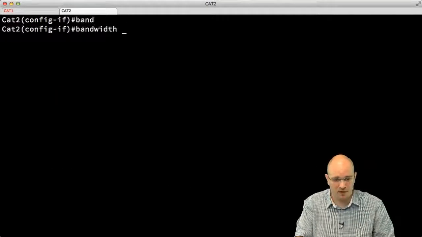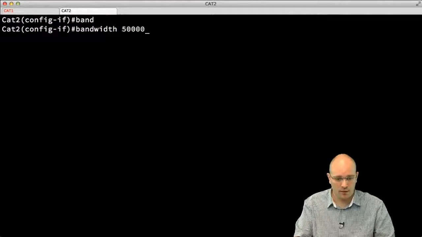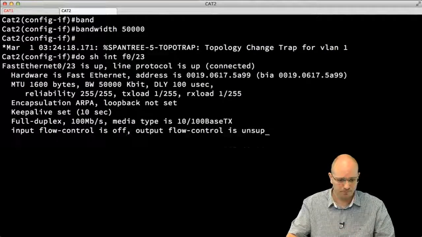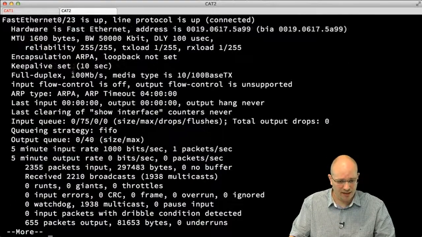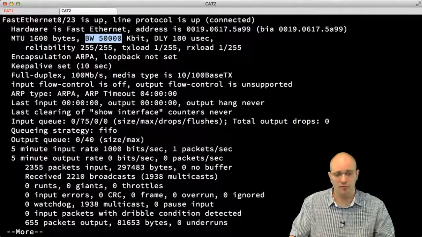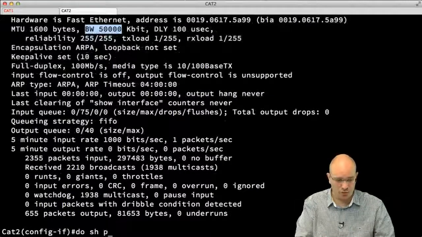So let's change the bandwidth here from 100 megs to, say, 50 megabits per second. So if I do show interface FastEthernet 23, what I see here is that the interface speed remains the same. It's 100 megabits per second, but the logical bandwidth configured on this interface has now changed to 50,000 kilobits per second. Let's see the spanning tree. If I do show spanning-tree VLAN 1,